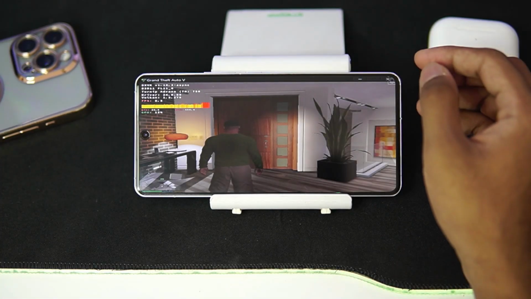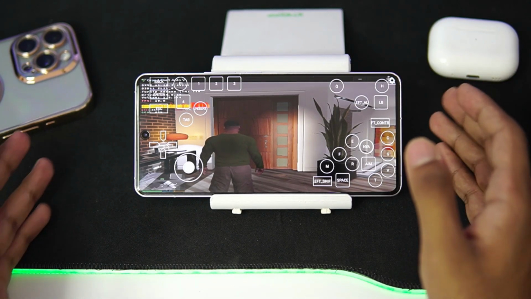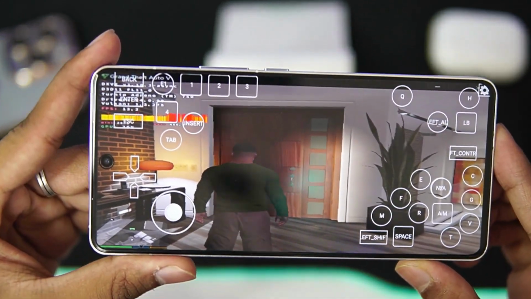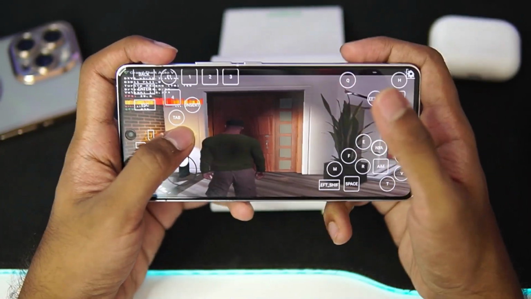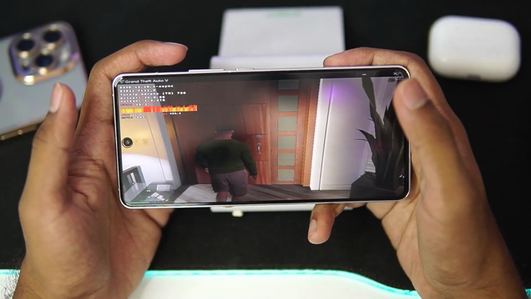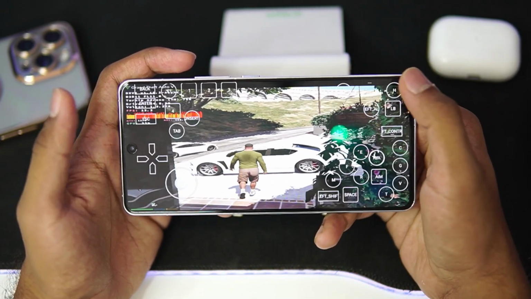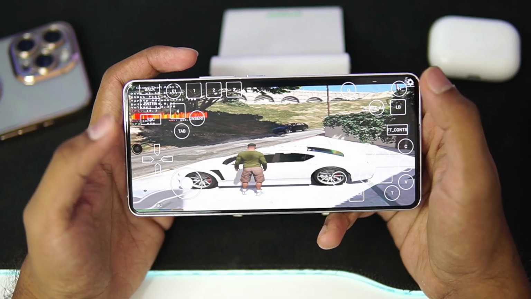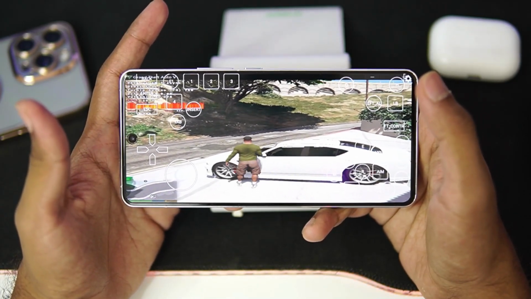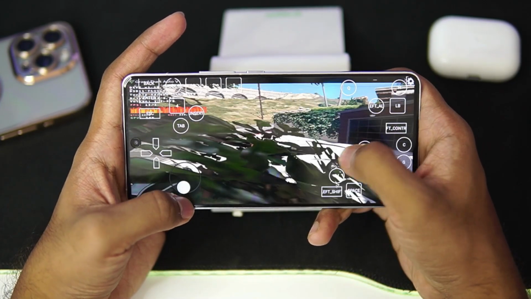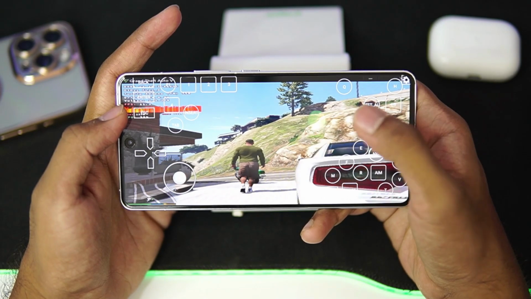Alright, there we go guys, GTA 5 has successfully started inside of the MOBOX Windows Emulator, and immediately you will be able to notice that the FPS that we are getting is so low, like almost 17 FPS while emulating this game on a Snapdragon 8 Gen 3 Android device, and it is so unoptimized. Even the input bridge on-screen touch controls is closing by itself. So obviously this emulator is not that optimized for Snapdragon 8 Gen 3 Android devices. That's the point which I wanted to prove, and just take a look at the stuttering issues which I am